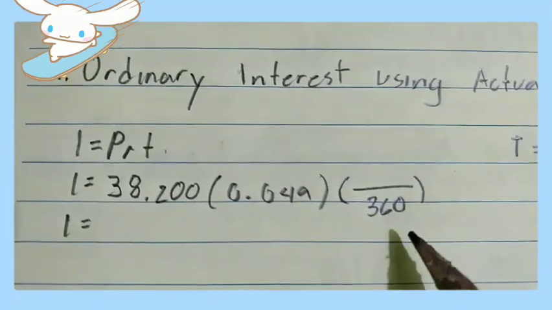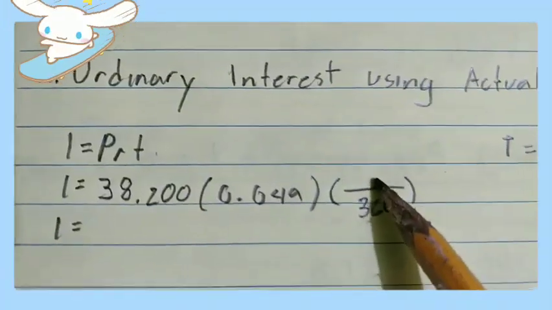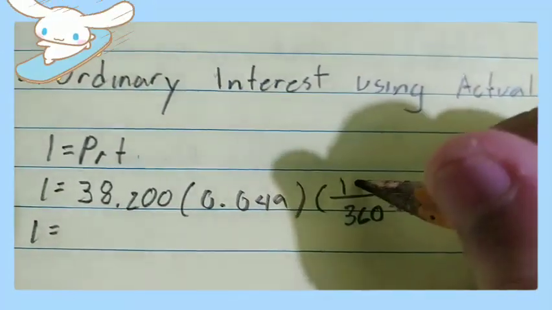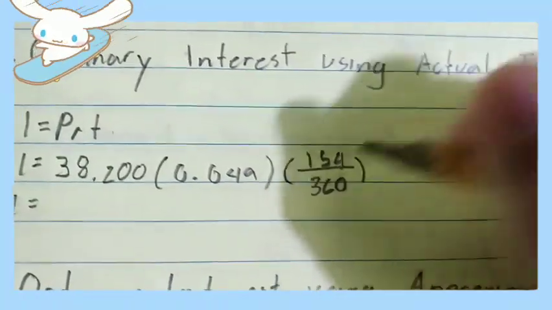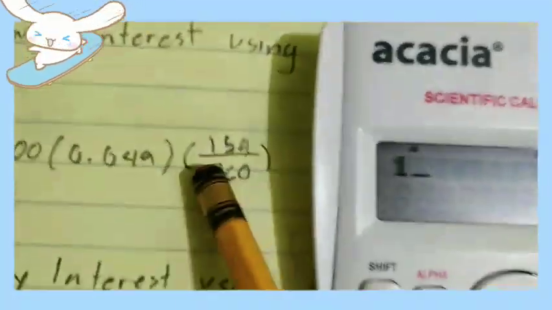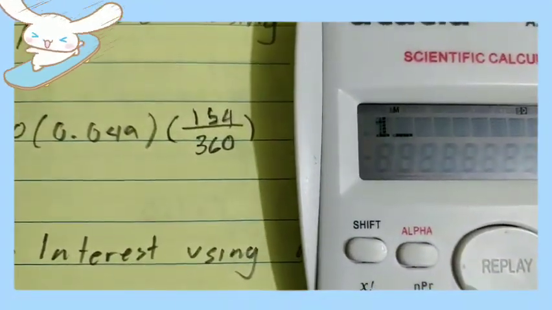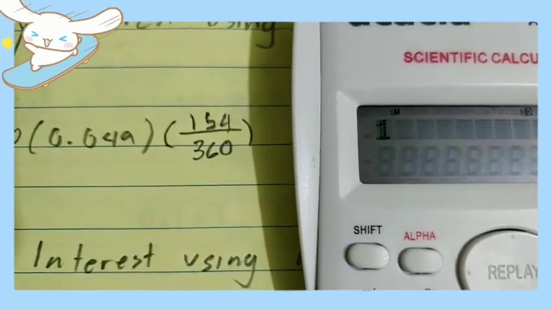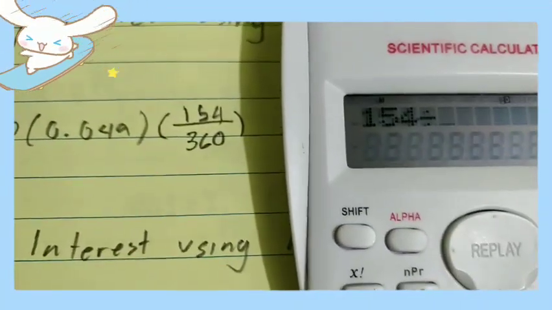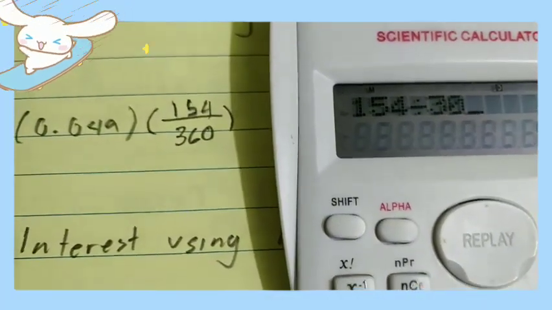And we have to put our time here, 154. What we do here is divide, like in my last example. We have to divide this first because in one-liner you cannot put the whole thing. It will be messy. So 154 divided by 360